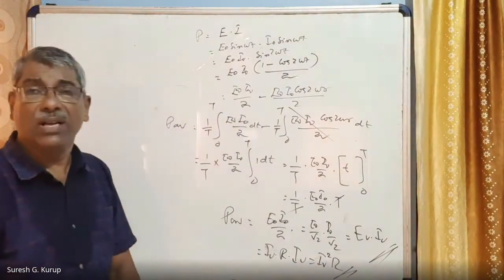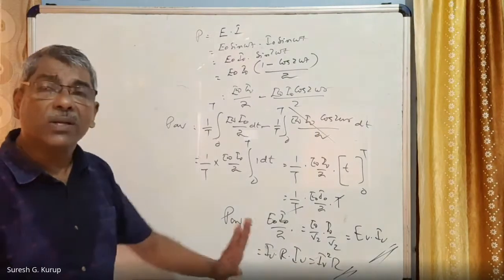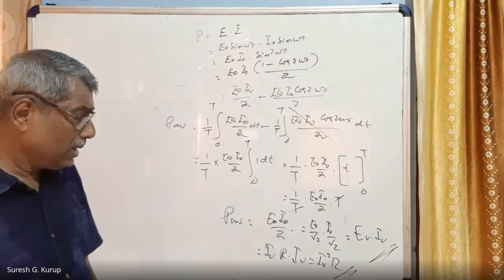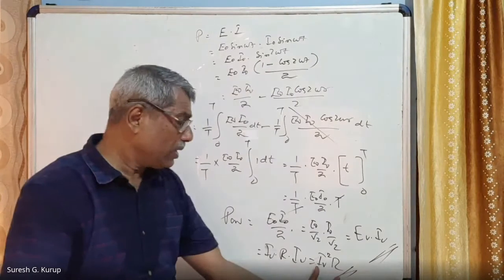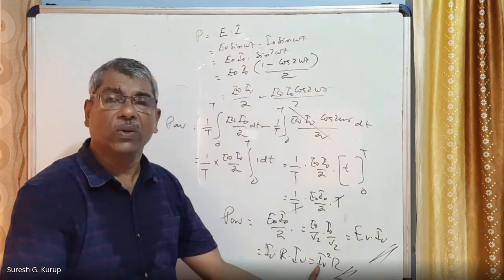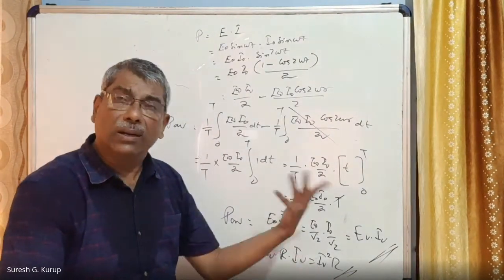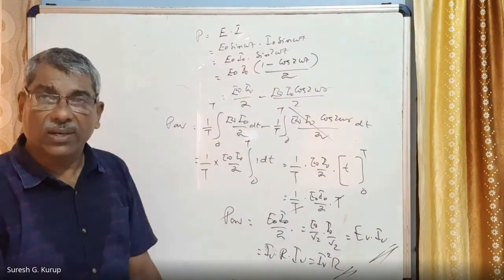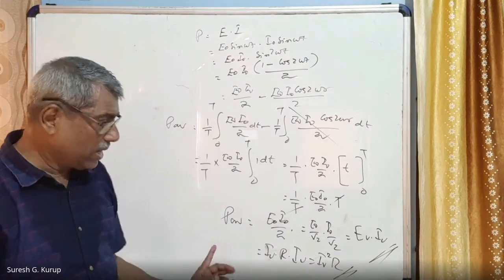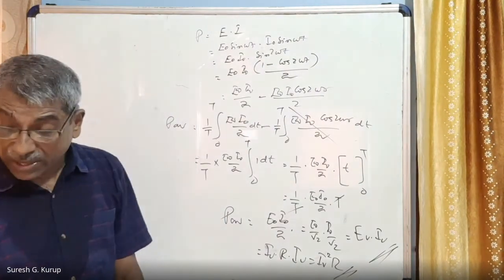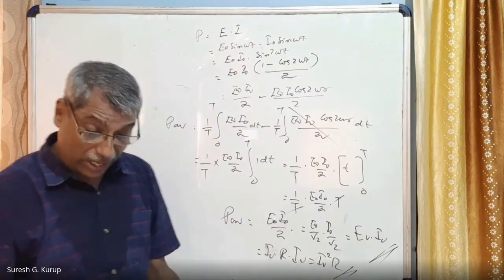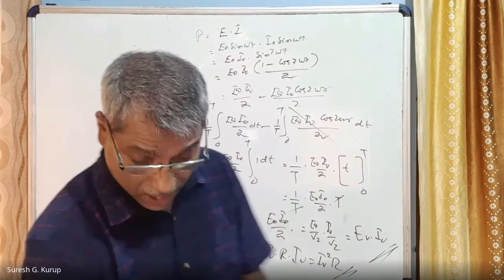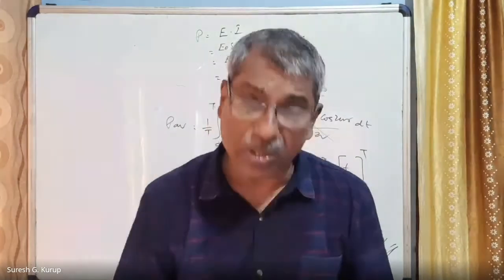Very, very simple. So in this case, we have seen that only resistance is there. Then the amount of power consumed by that element is equal to IV square R. In DC, we have seen that power is equal to I square R. In this case, it is IV square R. So this is about the power consumed in a pure resistance circuit.